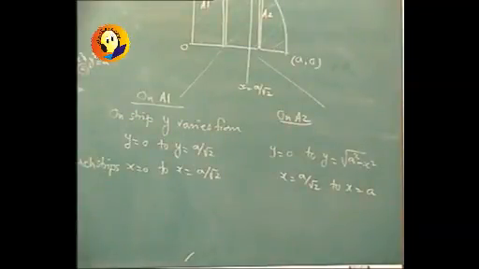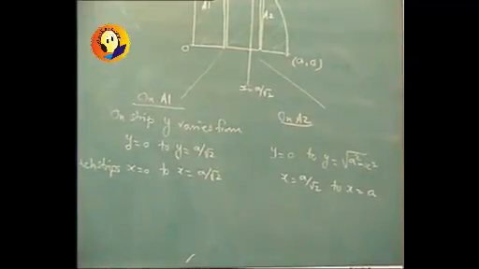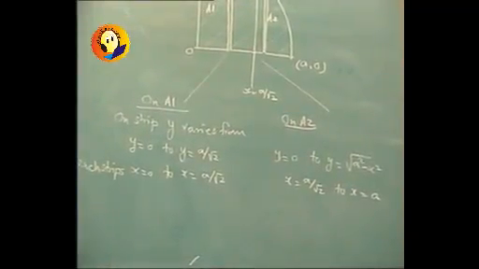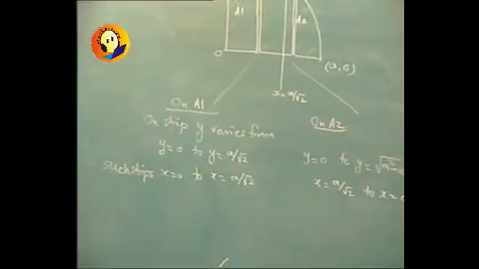And now we can write the integrals, and it will be written as integral, inner limits from y equal to 0 to a upon root 2 and x equal to 0 to a upon root 2. This is area 1. Function remaining the same, log of x square plus y square dx dy,